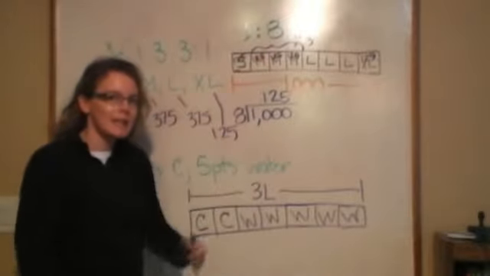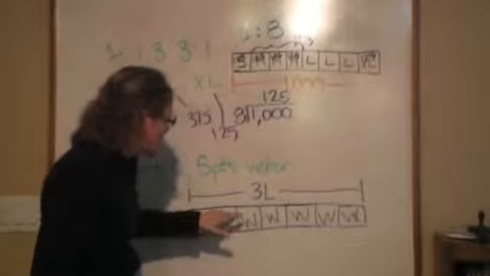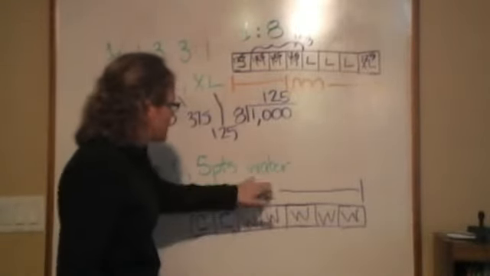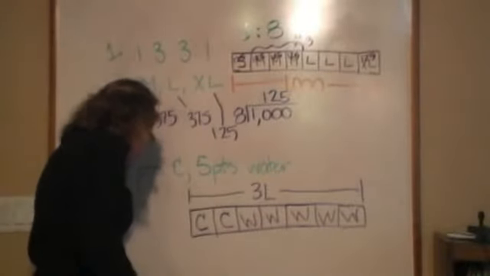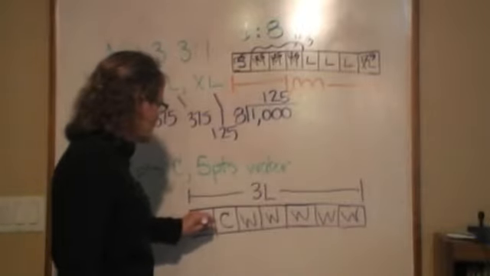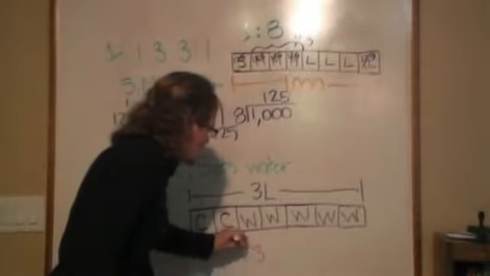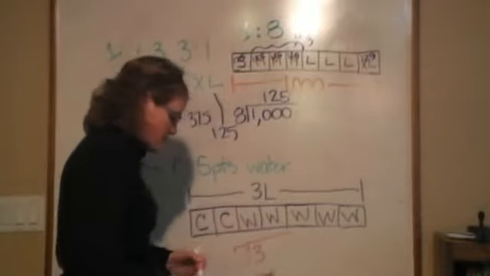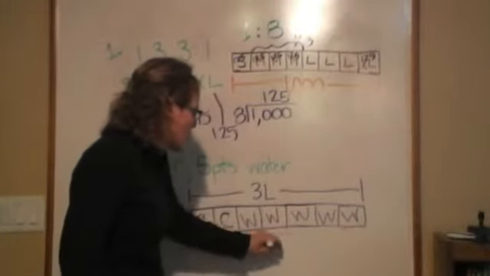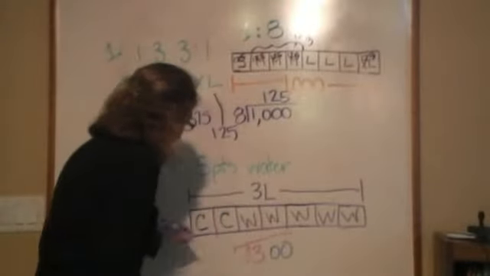Now, it kind of looks like this, right? So we can find out what number goes into each of these. It's the same amount. It's the same number, whatever it is. And it needs to equal 3 liters. So I take 3 liters and I divide it by the number of boxes. 1, 2, 3, 4, 5, 6, 7. So I take 3 liters divided by 7. And you can add your invisible decimal place and go do all that. Or you could use a calculator sometimes. And you're going to get the number